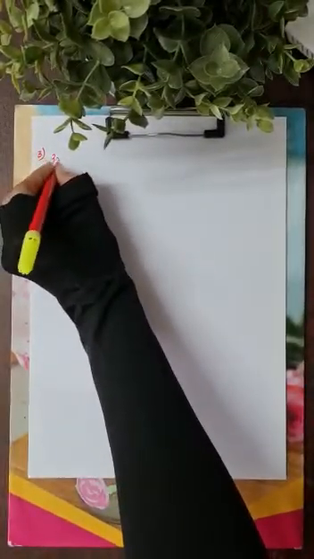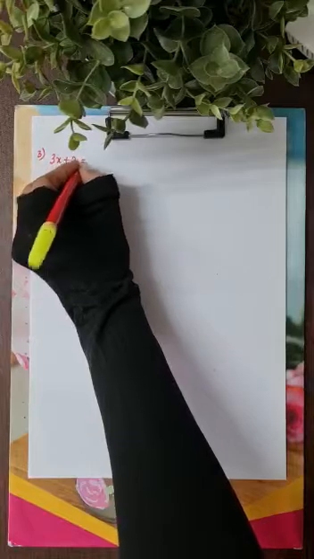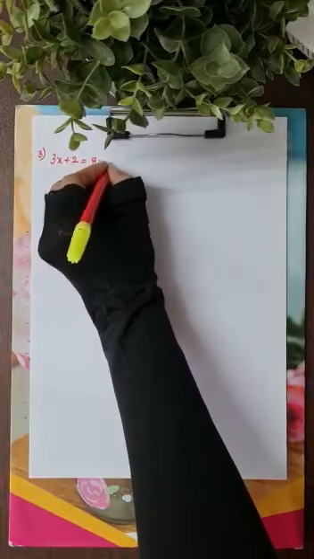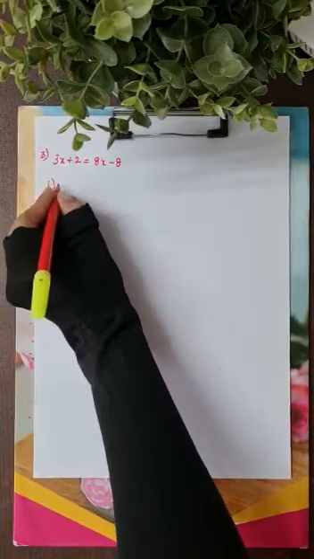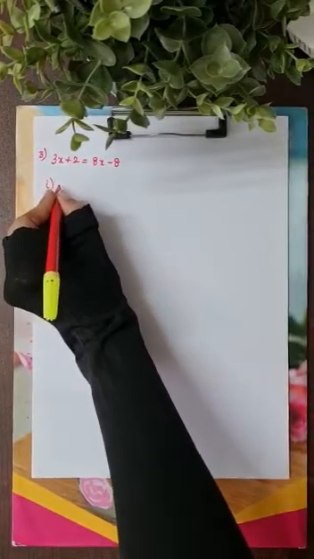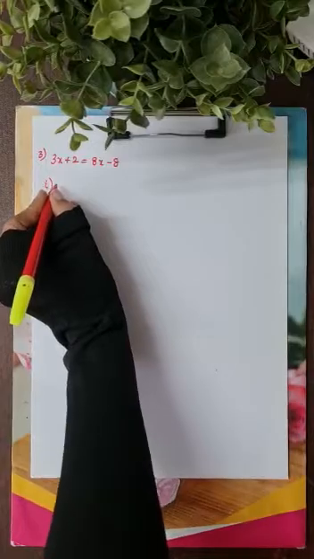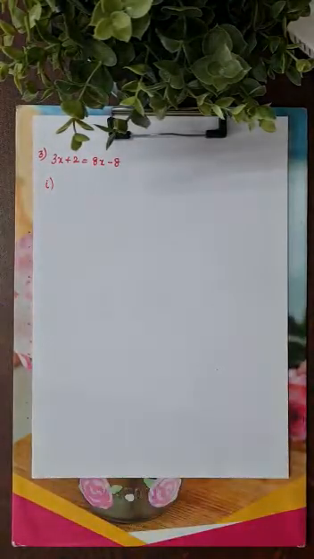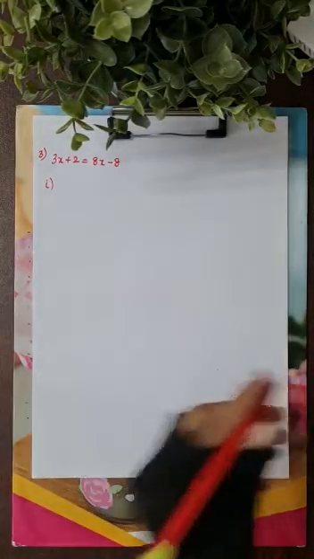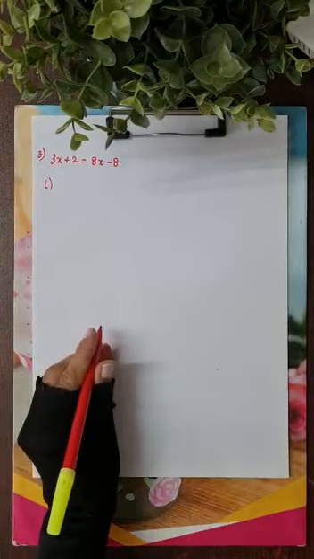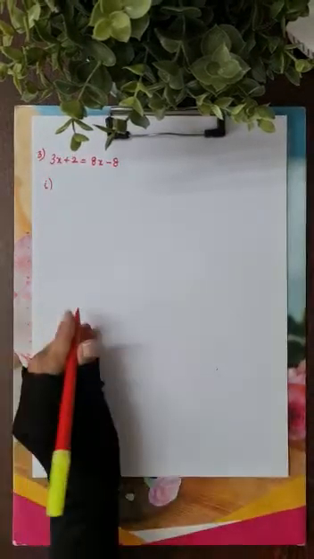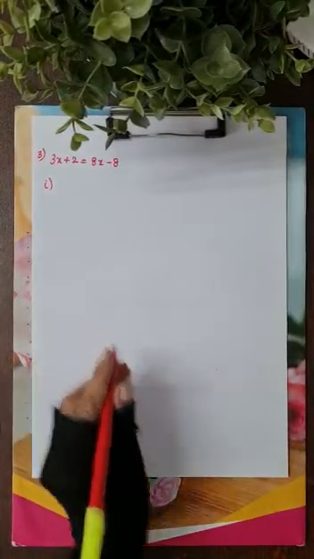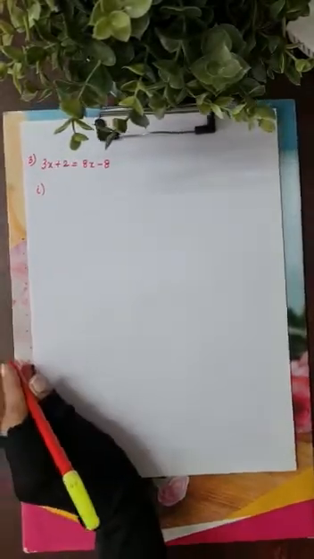Solve the equation 3x plus 2 is equals to 8x minus 8 and represent the solution on the number line. It is very simple to represent it on the number line. They can ask in either ways, children. The procedure is the same. If they ask you to represent it on the number line, or if you ask it to represent as the graphical representation in one variable, then it is number line. If they say two variables, then you have to draw it in the Cartesian plane.